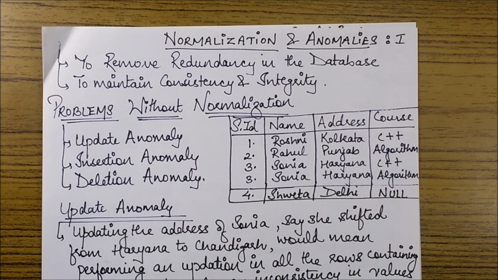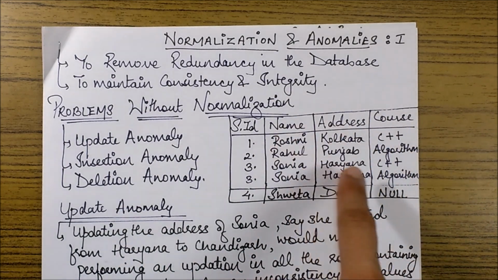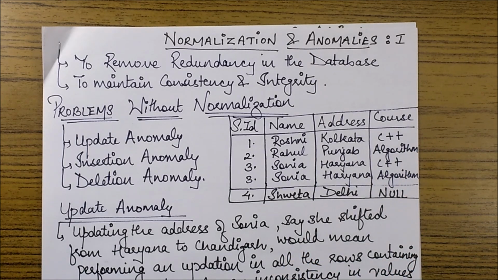And how do we sort it out? Again, we can just insert a null. Instead of deleting the entire record, we can insert a null over here, or the other solution is normalization, as discussed previously. So this is where the importance of normalization comes in, and these were the different anomalies which you need to know and which are many times asked in competitive exams.